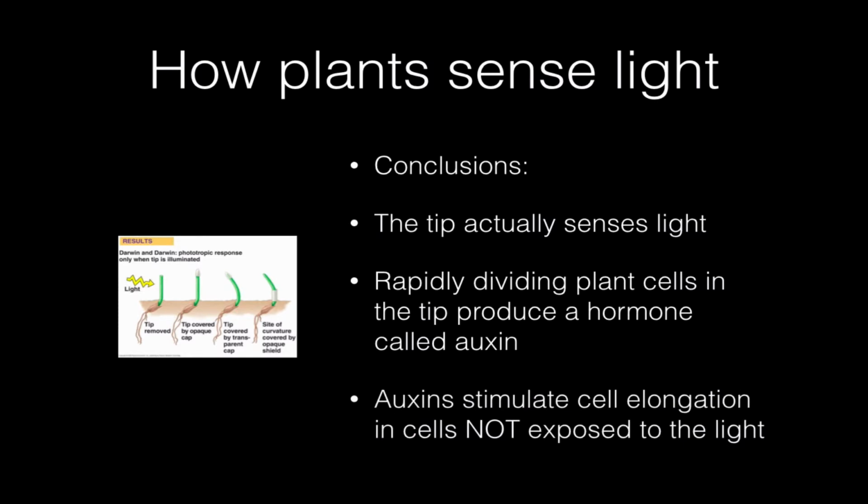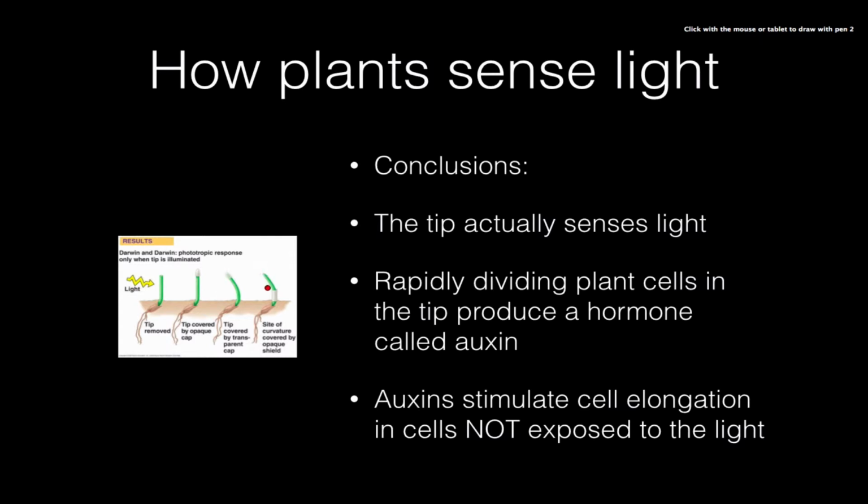Okay, so these auxins must be stimulating cell elongation, or the elongation of cells that have recently divided. And from what we can see here with phototropism, the auxin must be stimulating elongation of cells that are in the dark, that are not exposed to light. Because if the cells that were exposed to light actually elongated, if cells on this side over here elongated, it would